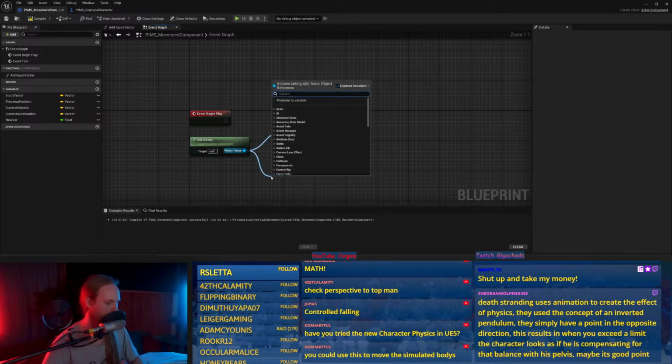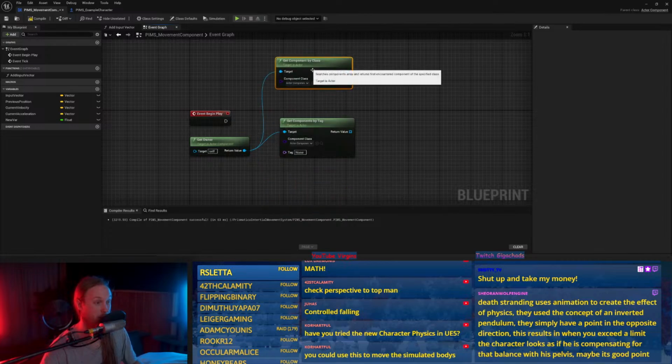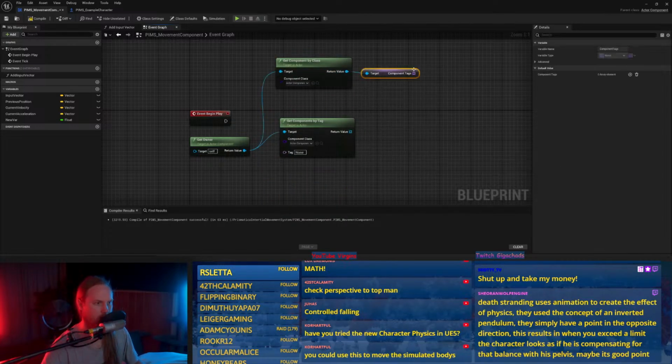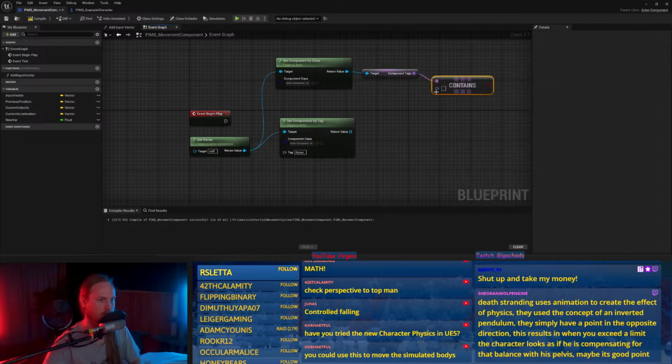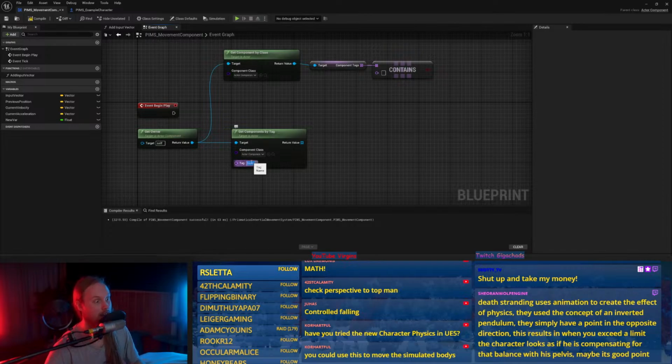Can I just get component by tag? No. Can I get component by class with tag? The component tag contains... I mean, they're going to be the only things that have the tag hard and soft, I think.